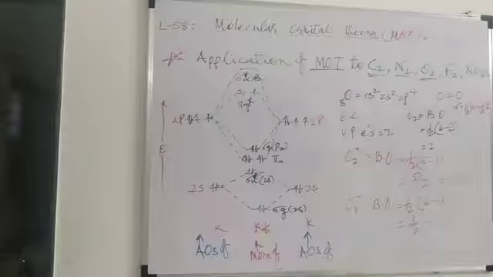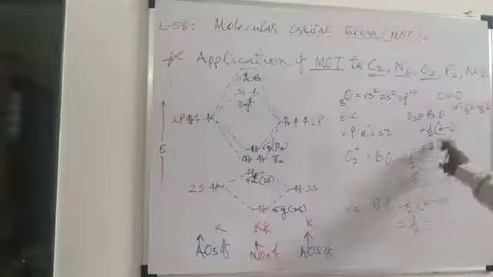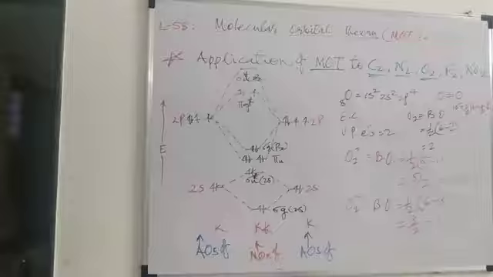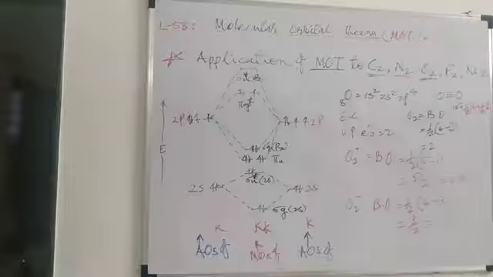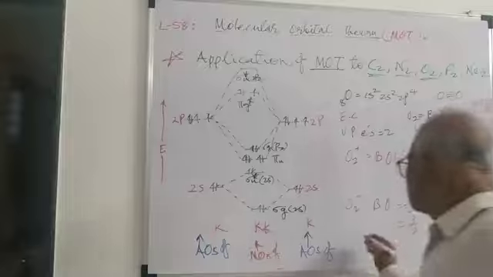And this is also explained by the bond distance. In case of O2 plus, the bond order is 2.5 and therefore the bond distance is 112.3. In case of oxygen, because of the double bond, the bond distance is 120.7. In case of superoxide, because the bond order is 1.5, the distance is 128. And again in case of O2 2 minus,